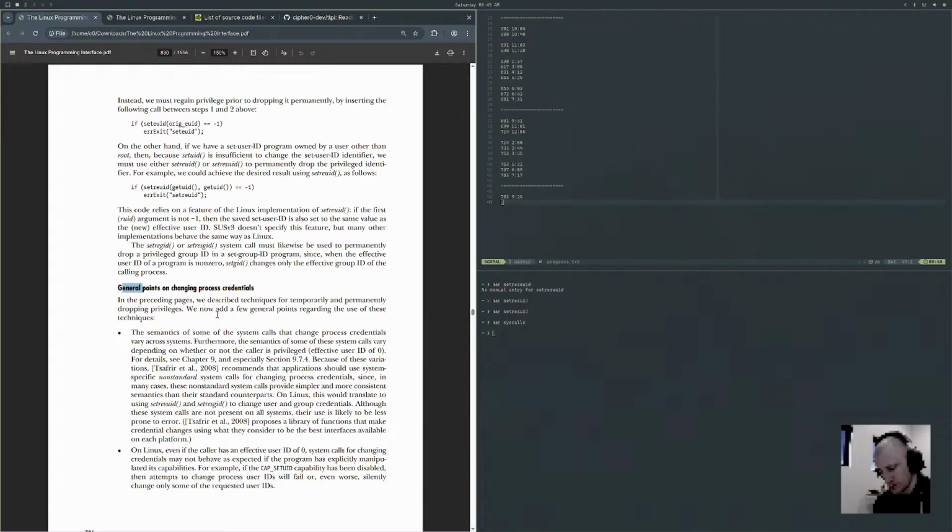On Linux, this would translate to setresuid. Yep, that's exactly what I was recommending to myself, to change user and group credentials. Although these system calls are not present on all systems, their use is likely to be less prone to error. So it proposes a library of functions that make credential changes using what they consider to be the best interfaces available